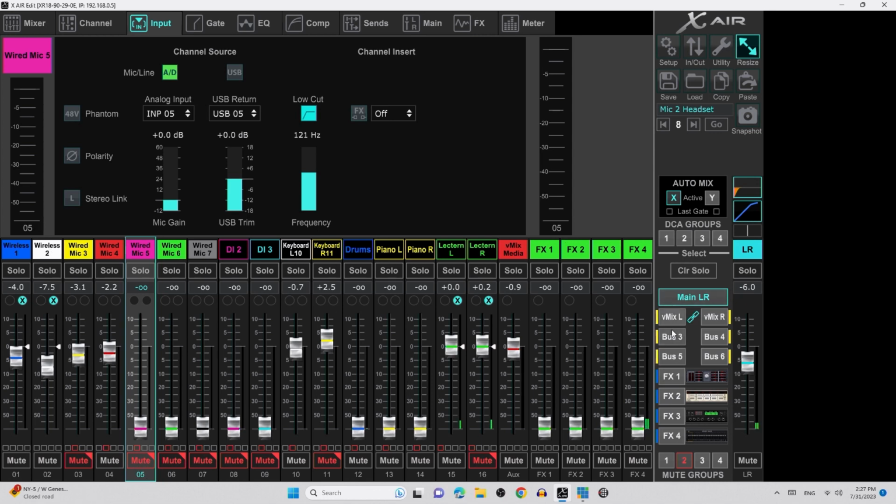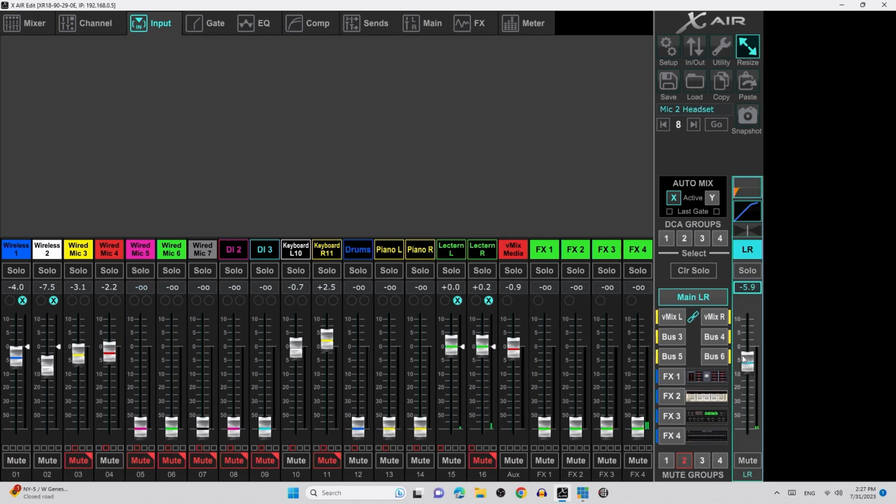So that's your output blocks. There's a master volume for each. This should never be changed. It's really important. This main left and right should stay at -6. I calibrated a bunch of things for your sound system with this being at -6. And if it's higher than that, let me put it back,